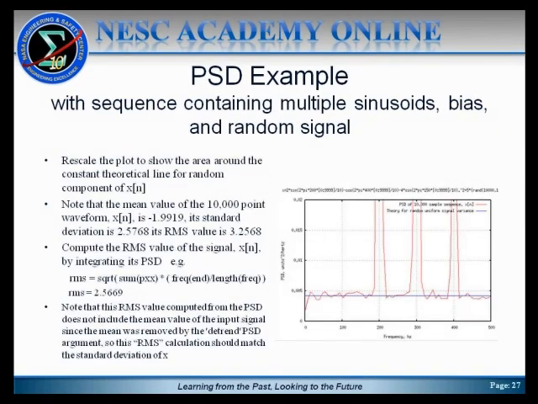And again, just one final word, I'll expand it a little bit more to show the area around that constant line, just to show how well it does fit through the theoretical line. The blue line, again, is the theoretical value, and the red line is the actual PSD. And also, a thing to point out is